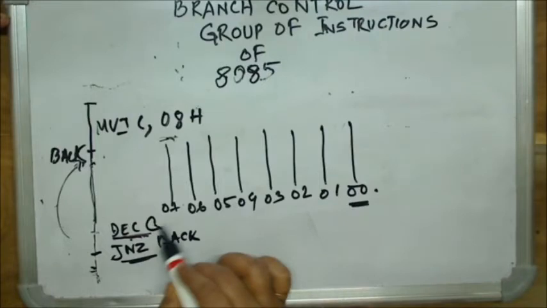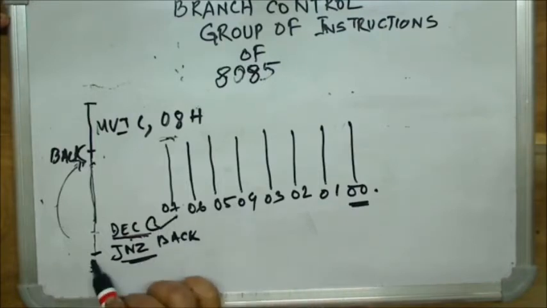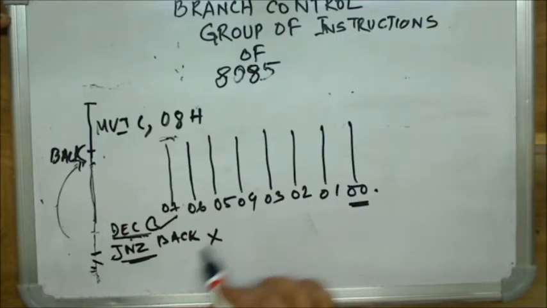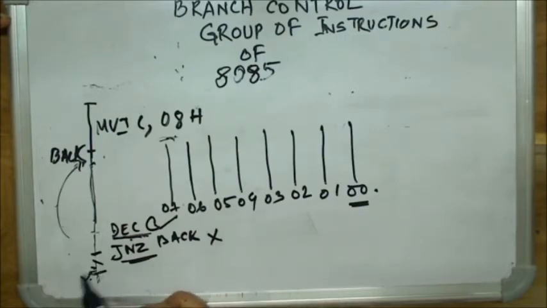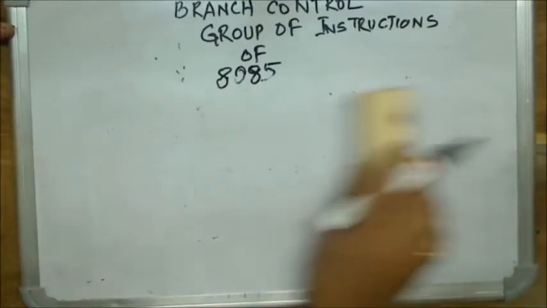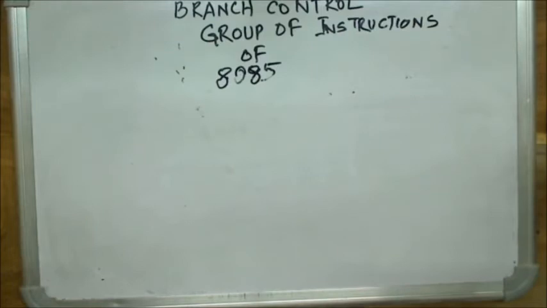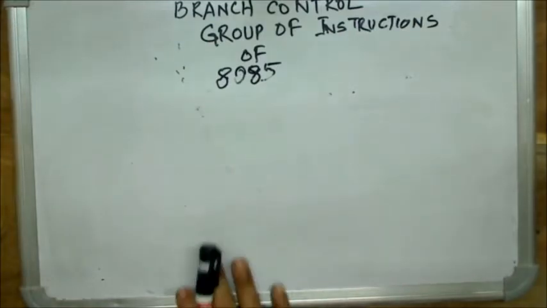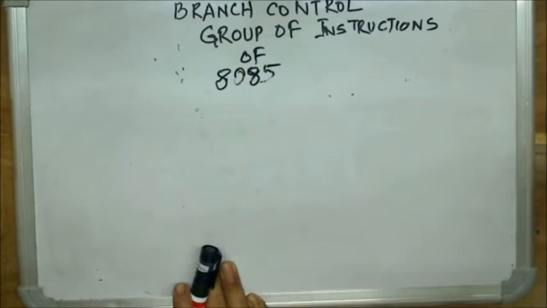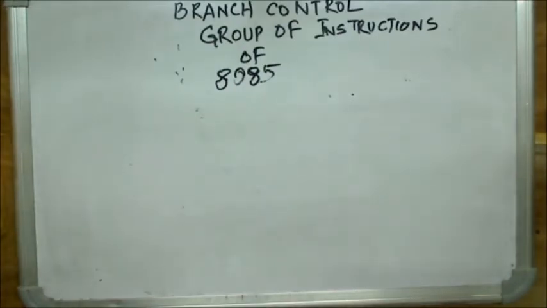Now once the count becomes 0, the condition becomes false and the program counter comes out of the loop and will execute the next instruction stored at this memory location. Is it clear? So you are getting this concept now, so doubts will not come to your mind. But after seeing the programs three times, you will have a doubt. I will tell you what the doubt is.